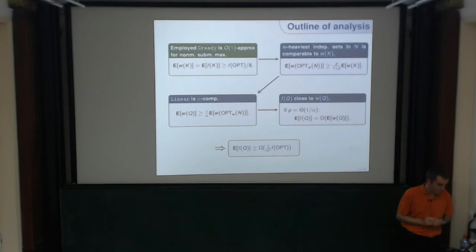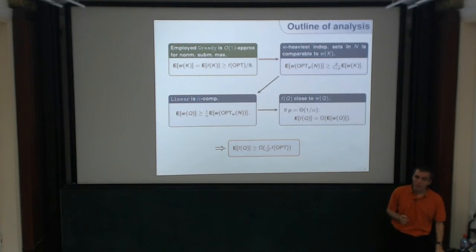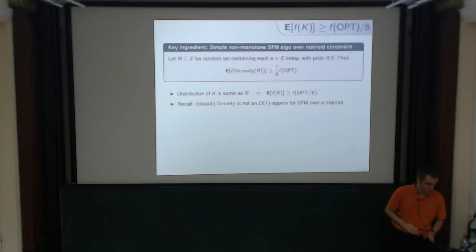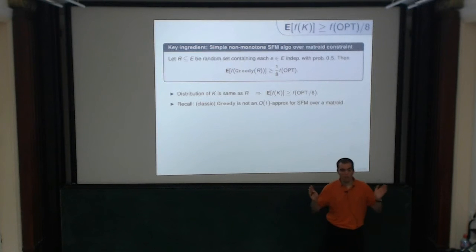Let's first talk just about the first box. It's a result that might be of independent interest to people, even if you don't care at all about the matroid secretary problem. I want to explain how you can get an easy constant factor approximation for submodular function maximization over a matroid. And you can even completely forget the online aspect. It's really just a pure question of submodular function maximization. So what you can do is the following. Look at your ground set.